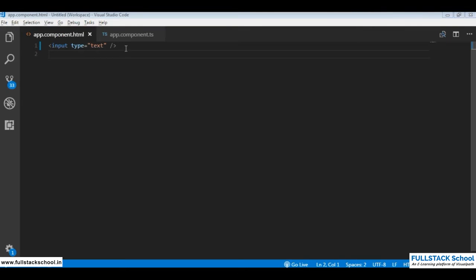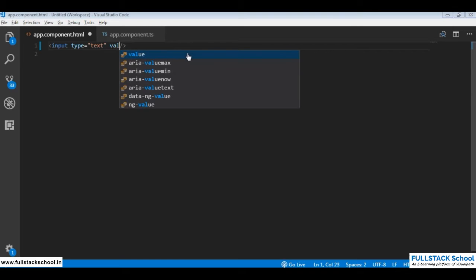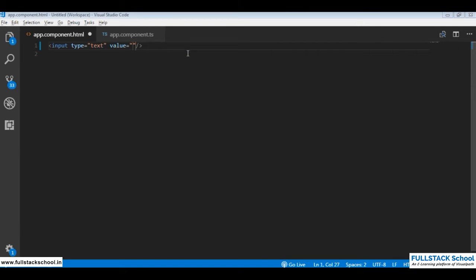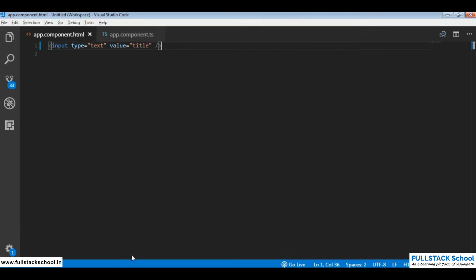Now for this input there is a property like value equal to something, let us say title again, and I save this, and you get to see title coming as it is on screen. So property binding is to bind a value to this property.